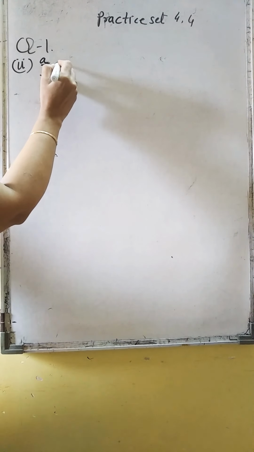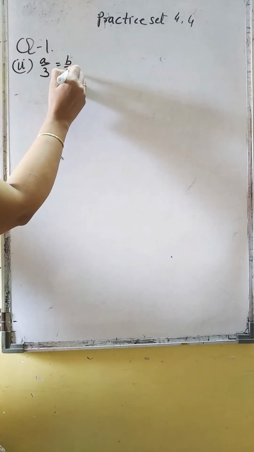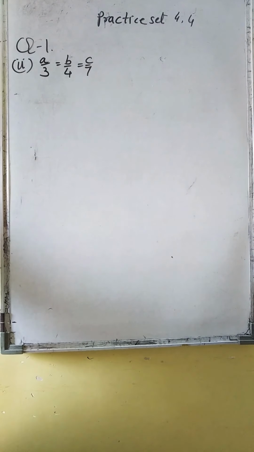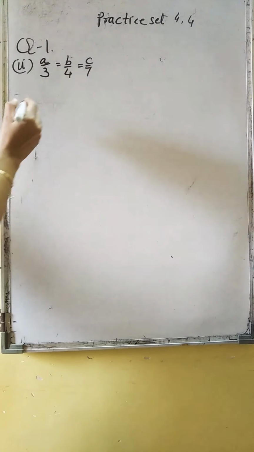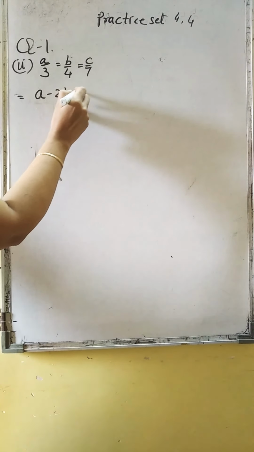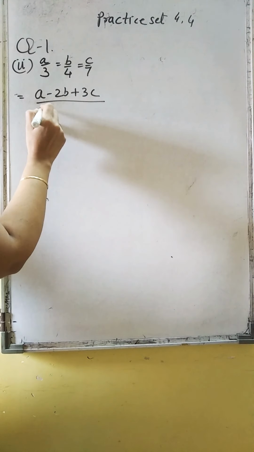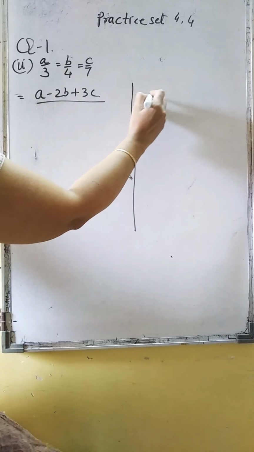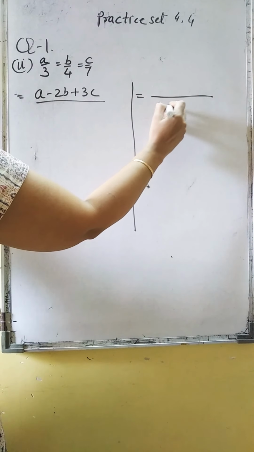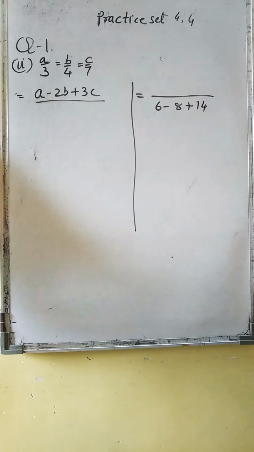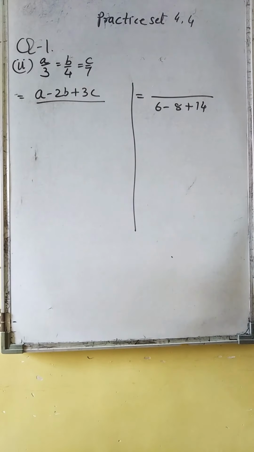A upon 3 is equal to B upon 4 is equal to C upon 7. Now this is given. You have to find two parts. The first is the denominator of A minus 2B plus 3C upon something. And secondly, the numerator and denominator with 6 minus 8 plus 14. Now according to the theorem of equal ratios, children,